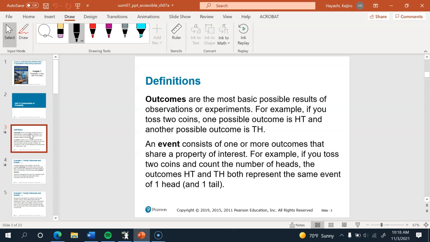So the way that we talk about probability is in terms of outcomes or in terms of events. An outcome is literally just any possible result of an experiment that you can do. And an experiment in this sense is anything that you can do over and over, and it's the same thing that you're doing every time, but maybe it comes up with a different result.